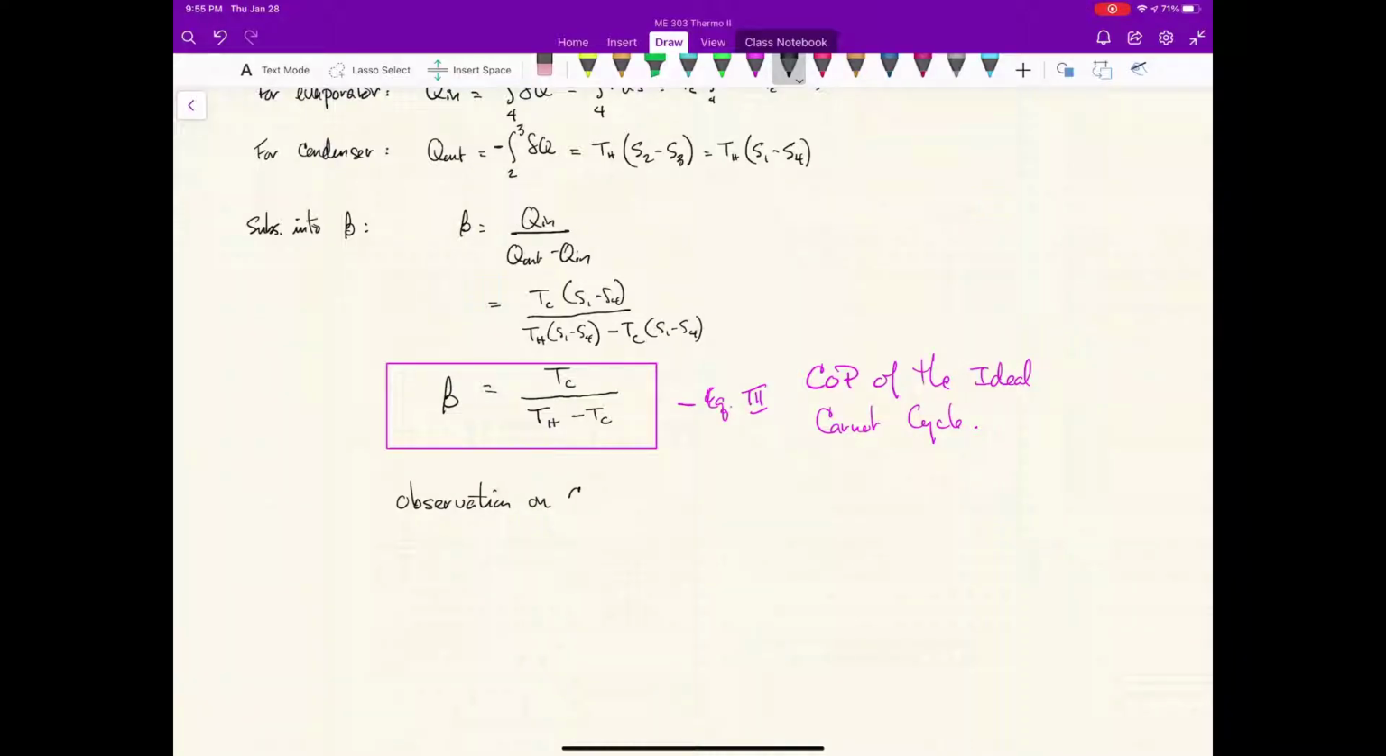Observation on this result. Observation on COP. Because while we're not going to run refrigerators exactly on the Carnot cycle, they're going to aim to approach the coefficient of performance of the Carnot cycle, and that tells us some indication of what makes the cycle as efficient as possible. So the first thing that we see for maximum COP,